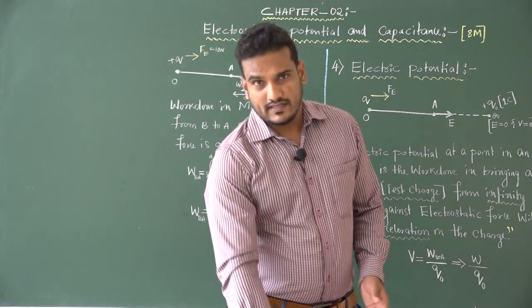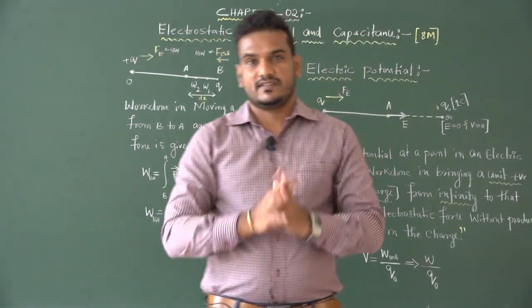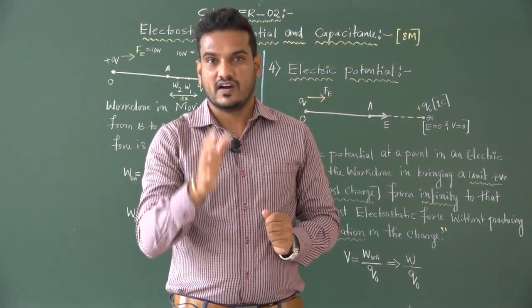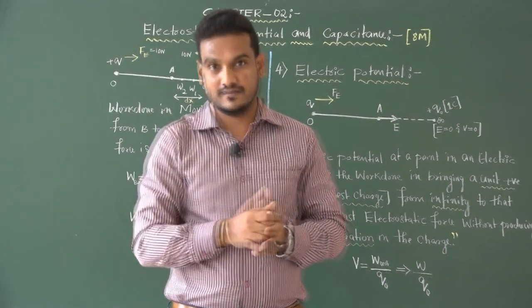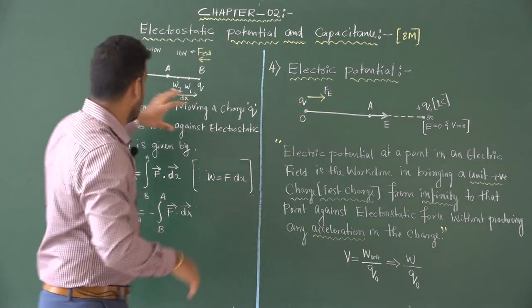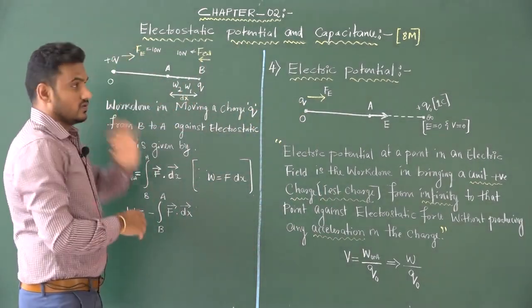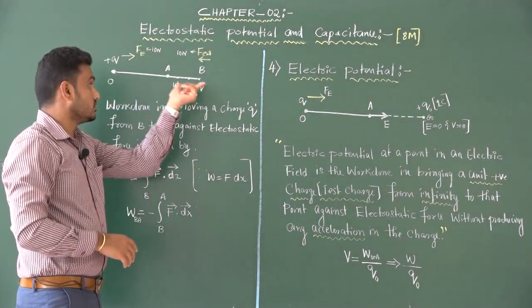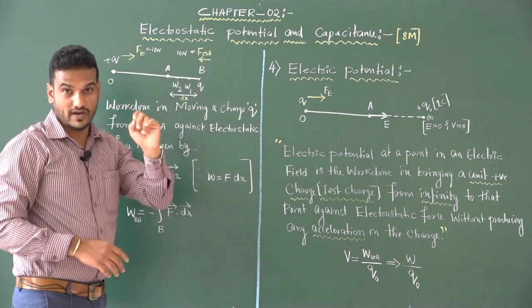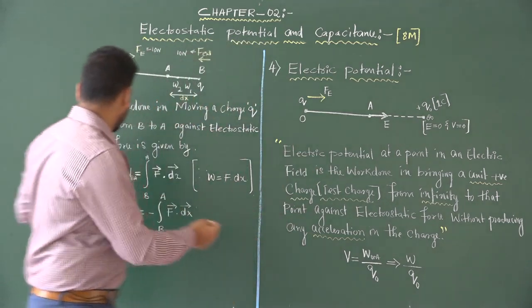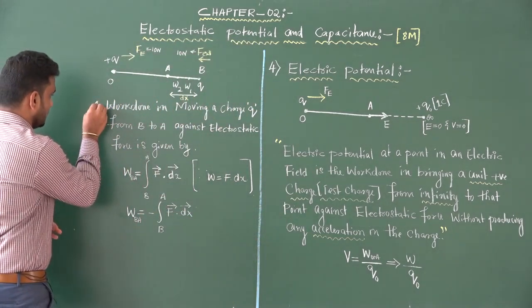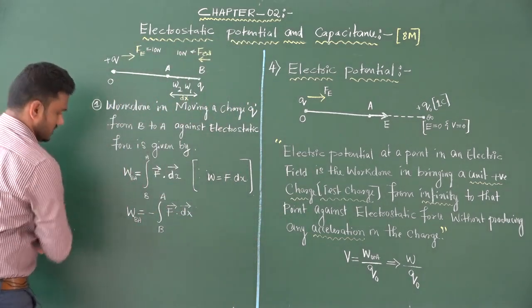So we got that work done is needed to bring a charge from B to A, or to any point in an electric field, because there will be an electrostatic force. Against this, in order to move the charge, we require work done. This is the first fundamental point. Second one,